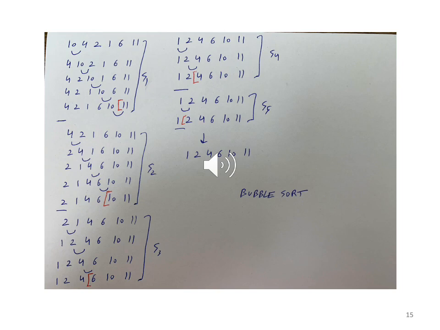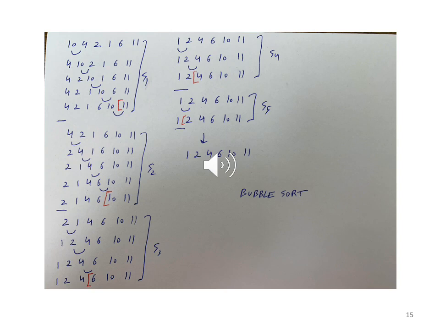So in the first stage we examine elements from A0 to AN-1, and at the end of the first stage we can guarantee that the largest element is at its appropriate position, which will be index AN-1. So I hope you can see that. So wherever 11 is in the array, it will be shifted to the extreme right.